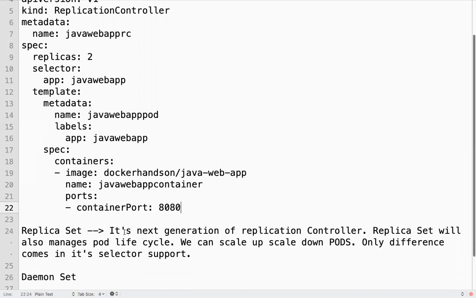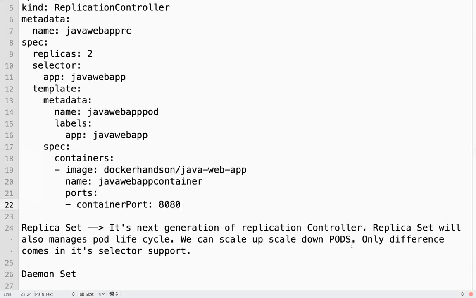Replica set is the next generation or advanced generation of the replication controller. Replica set will also manage the pod lifecycle. We can scale up, scale down the pods.